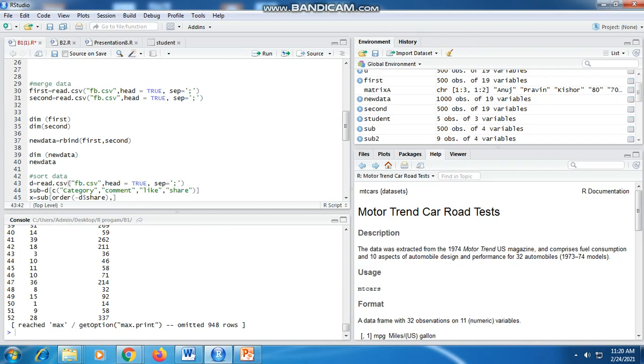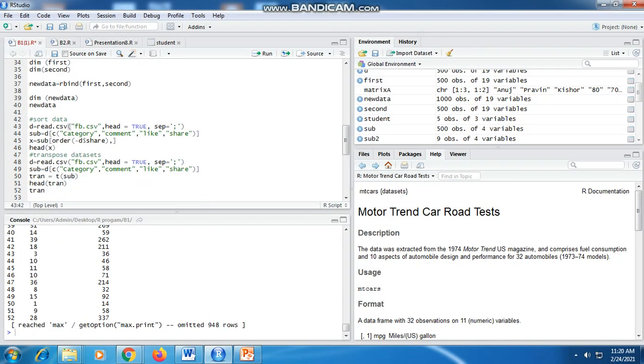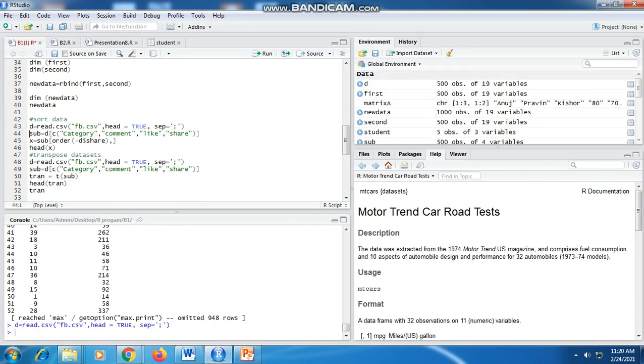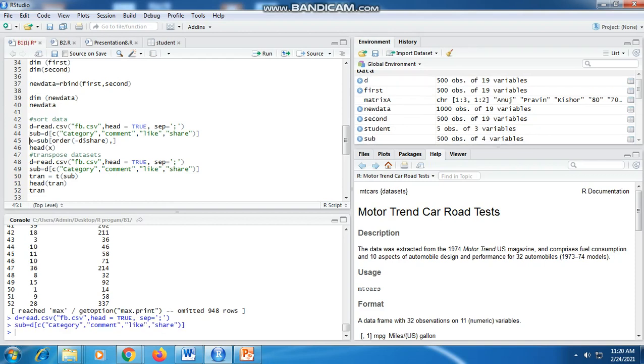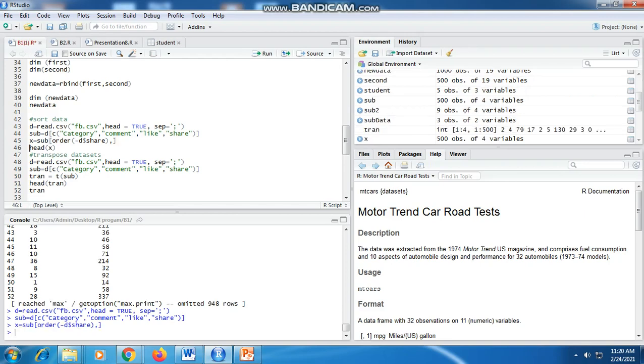Now we'll see sorting of data. We are using the same file. We are considering only category, comment, like and share with the c function and storing it into sub, and we are using the order function to sort the given data on the share column, which is stored in variable x.